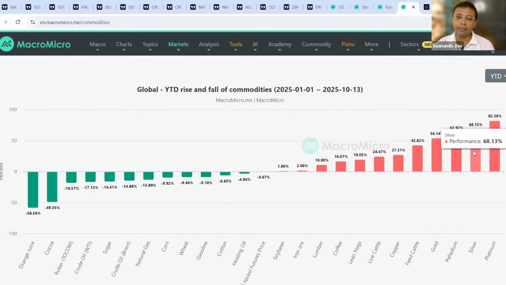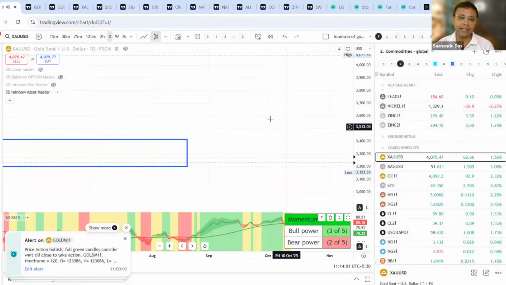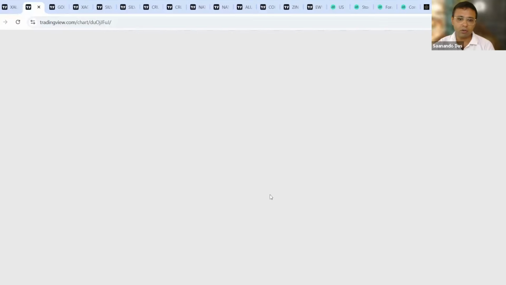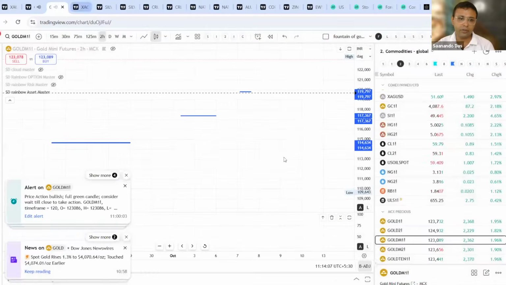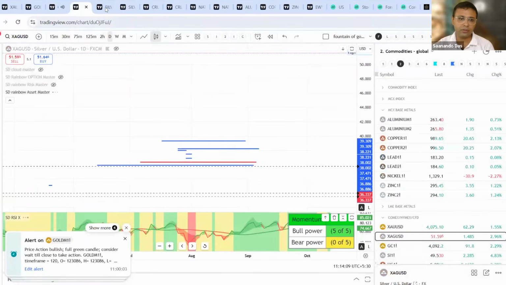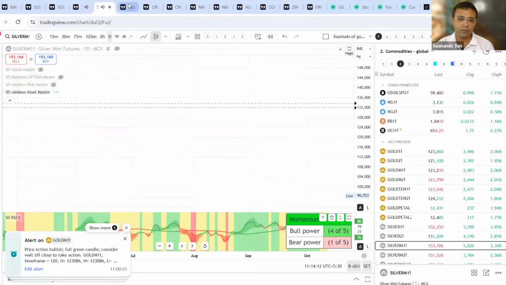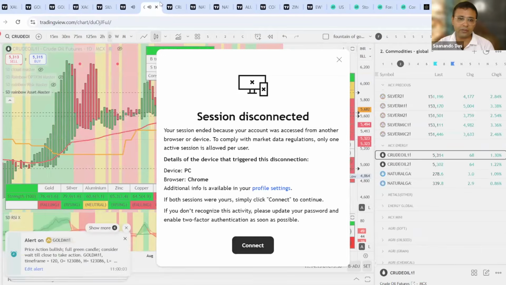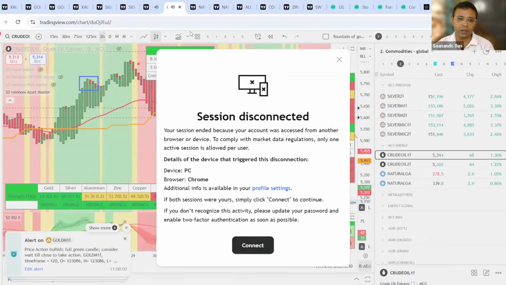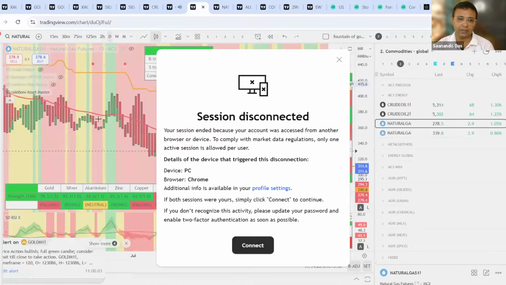Now, on commodities, let's look at the commodity charts in detail and see what the situation is in the commodities. So first I'm taking a look at the international market. So I'll have to connect all these. They were not connected, I guess. So a gold mini lot alert has come. Since I'm moving to different charts, all the alerts are coming.